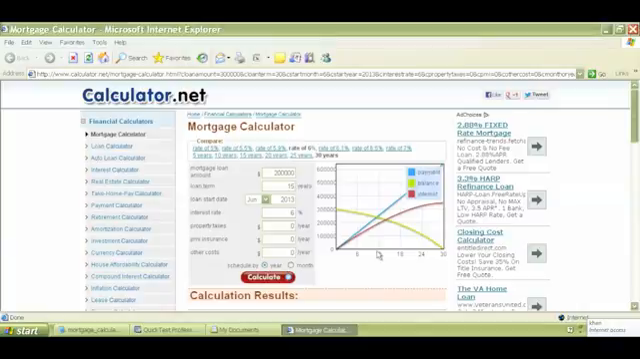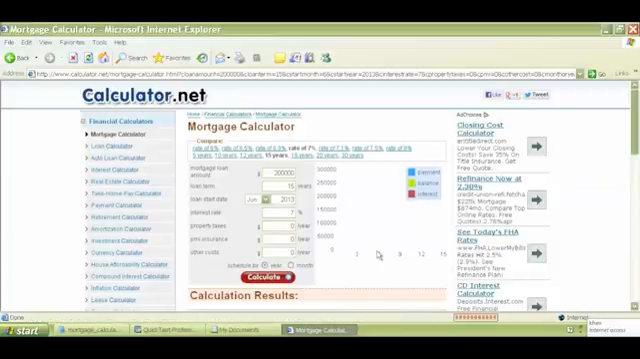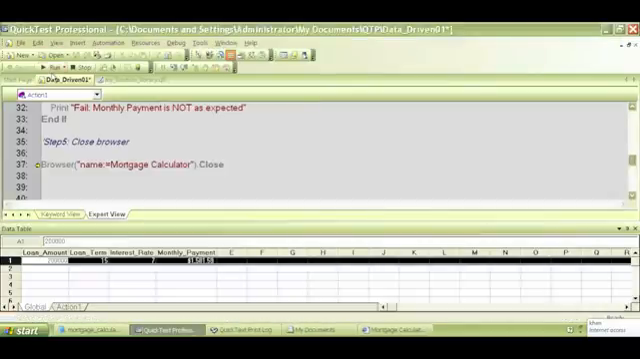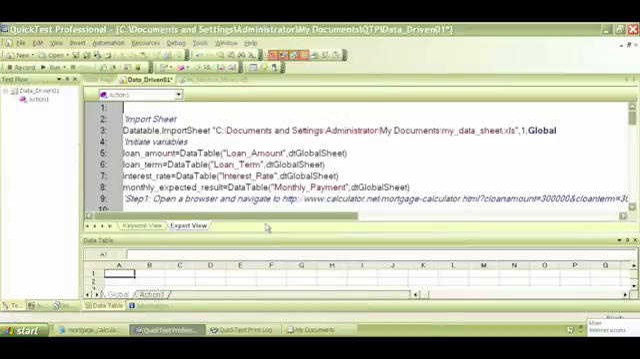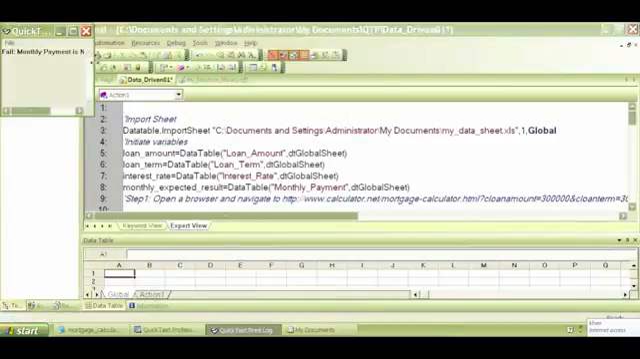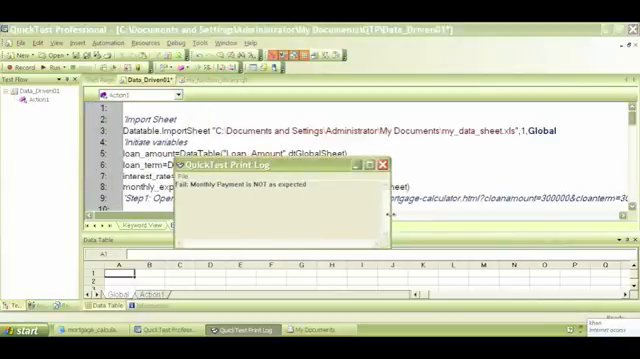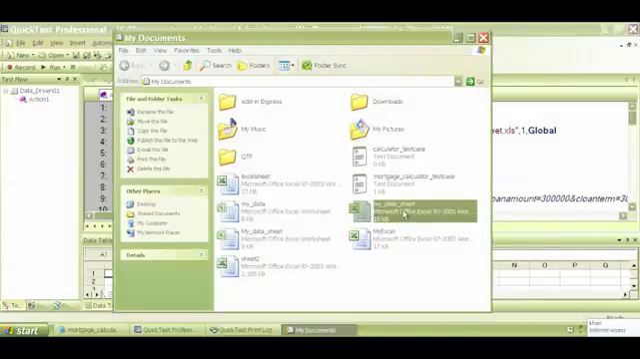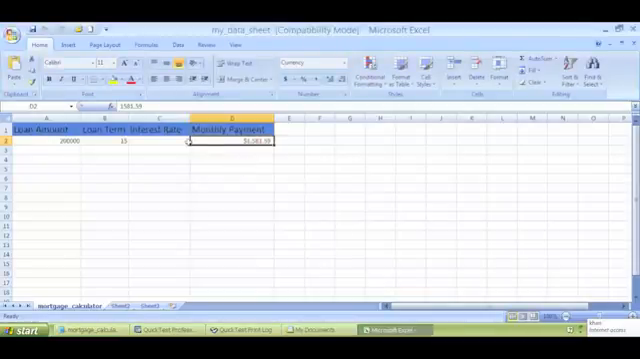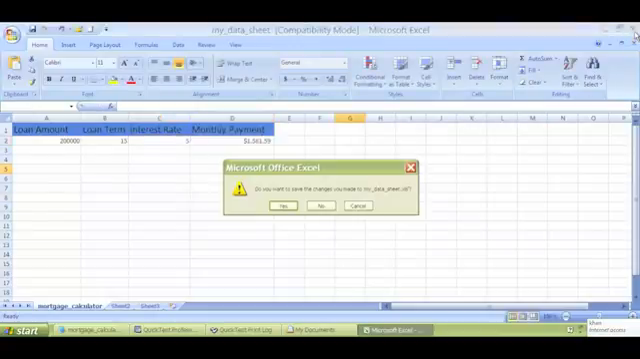It's entering the data. It'll click on calculate. And it gets a result. Closes a browser. So at this point, on our print log, you'll see that we have a fail. The reason we have a fail is because this time the monthly payment is different than what we expected. So if we change the interest rate back to 5%, we'll get a pass